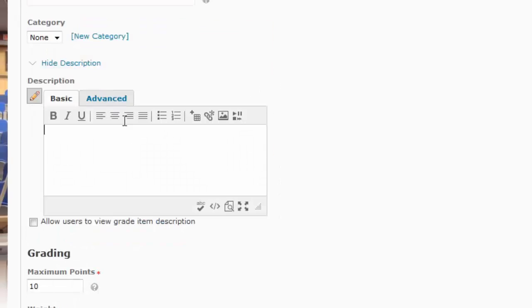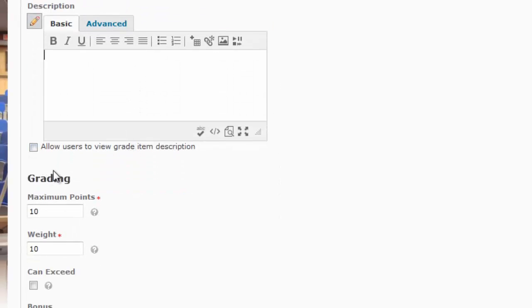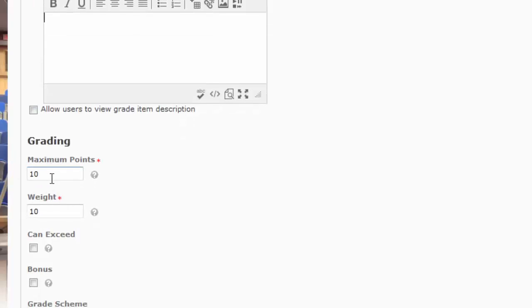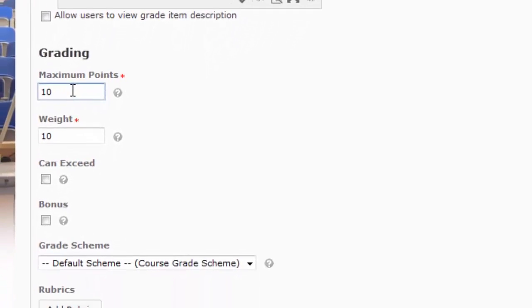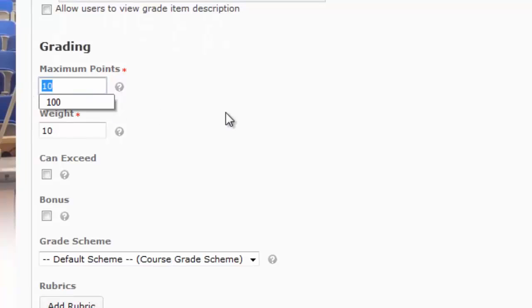You can also put in a description. Again, this isn't mandatory. This is just an option that's there for you. And under the grading area, this is where we're going to put in our max points. So this is how many points this particular item is worth, and I'm just going to say it's out of